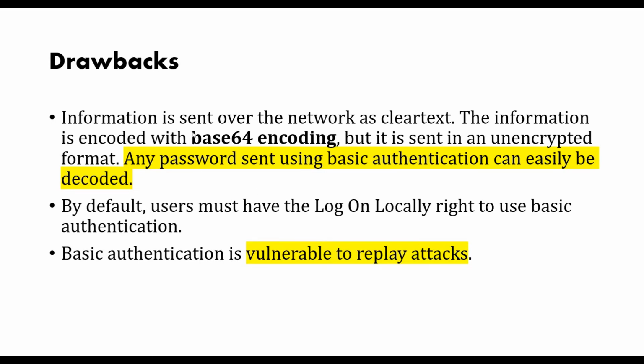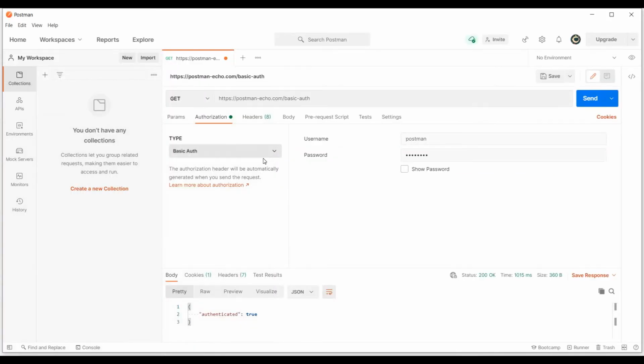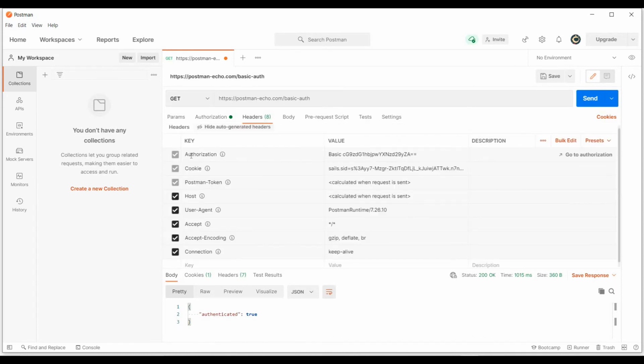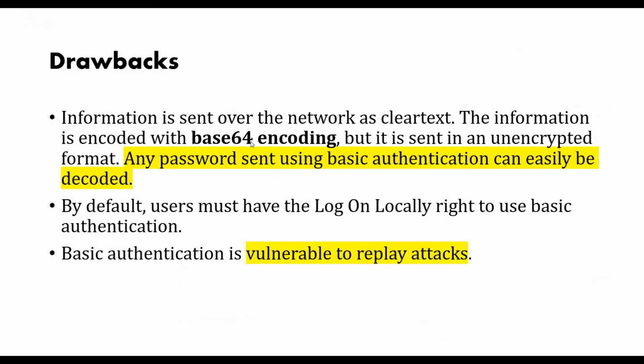Now I'm going to tell you what this base 64 encoding is. I'll just show it to you inside Postman. So after entering the username and password, we can see that base 64 encoding format inside the header. See, automatically it will be updated as a key and value, authorization basic. This is the base 64 format. Okay, the password will be updated as an unencrypted text. Okay, we can easily decode it. After taking this code, the random text, we can easily convert it to a decoded format. This is the way it is telling us about base 64.